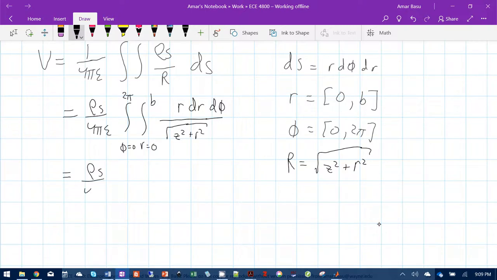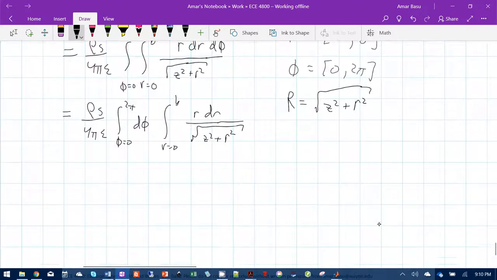Rho s over 4 pi epsilon. This d phi, notice that there's no phi variables in here. So this d phi can kind of come out of the equation. Phi is equal to 0 to 2 pi. This d phi term can come out there. And then you're left with this other integral, r equals 0 to b of r dr over square root of z squared plus r squared. Now, the way you solve this integral,